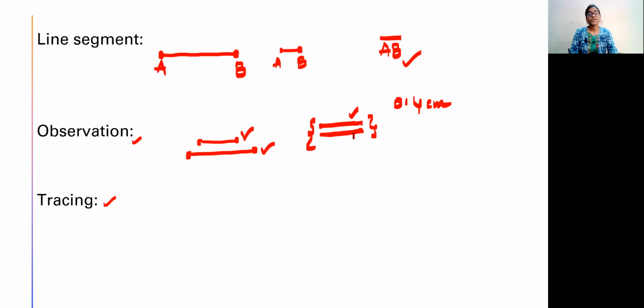And what is tracing? Tracing is a method where, if you have two lines and you want to find out their lengths, first we take a paper and place it on the first line and measure it. Suppose this is 6 centimeters. Then you take that paper and place it on the second line, and I'm checking whether it is bigger or not.